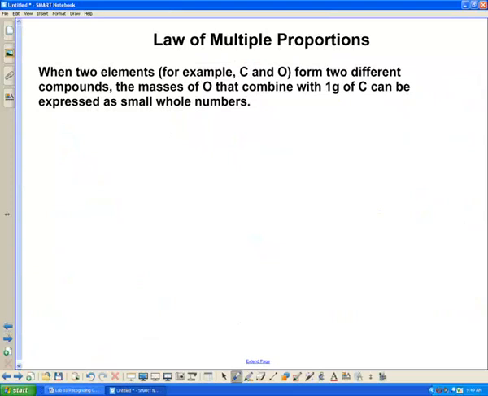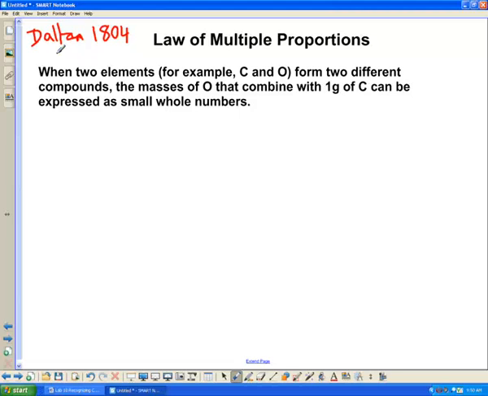Now for the law of multiple proportions, we've got to be a little bit more careful in the description of what's going on. This was first described by a chemist by the name of John Dalton in 1804. So over 200 years ago, this Dalton guy was pretty prolific. What he said, and I'm just going to read this law out and then we'll go through an example of it: when you have 2 elements, for example carbon and oxygen, when these 2 elements form 2 different compounds,